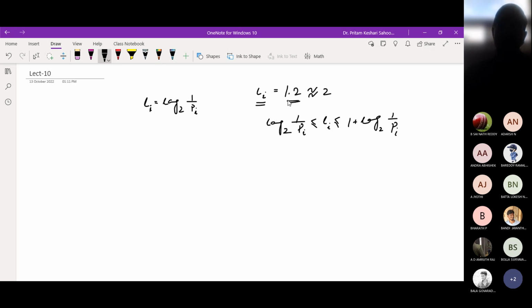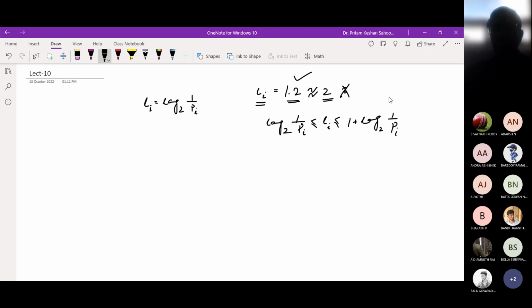in that case you approximate that decimal value to the next integer. That does not mean the value of li will become 3, because 3 is not the next integer. So taking the value of li equal to 3 is a wrong decision. After 1.2, the value should be an integer value that you can take as the value of li, and it happens only when you are getting a decimal value for li,